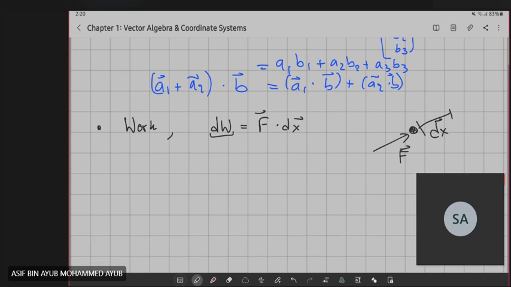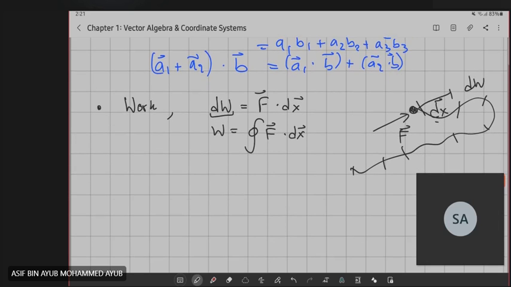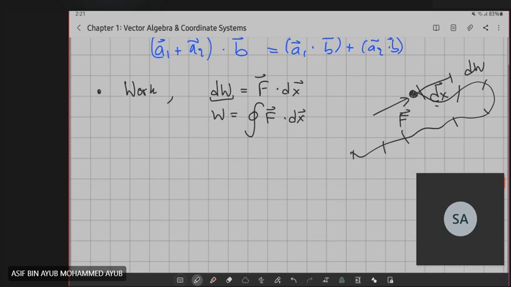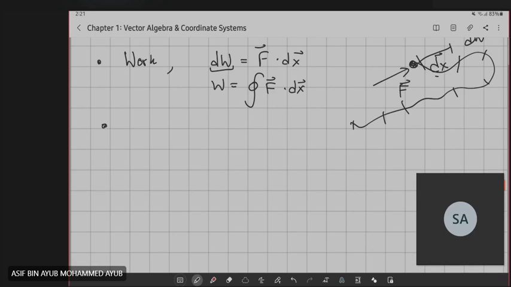Now, if you sum over all the forces, all the work you've done throughout the path, suppose I have a path like this, and if you sum the dW's at each instance of motion, you get an integral. And this is a special kind of integral. It's called the line integral. We'll see this in more detail in the second chapter. For now, I just wanted to introduce you to this special dot product. And also, speaking of dot product,